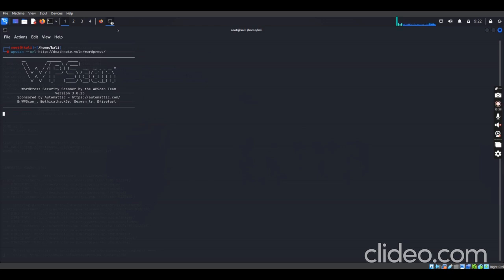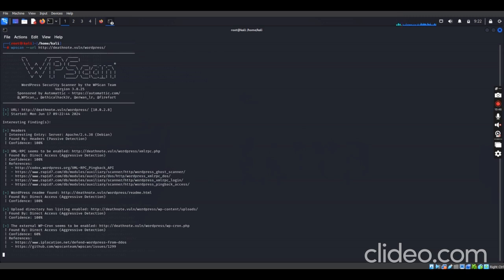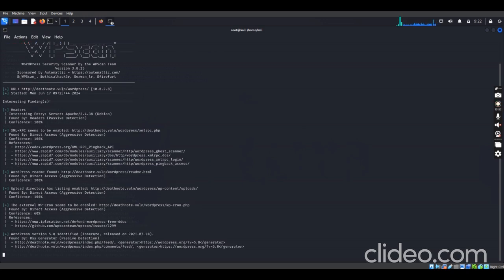This tool actually will give us the various loopholes, you can see it has started already, various vulnerabilities or various flaws in the website itself, in the web application hosted on the server.